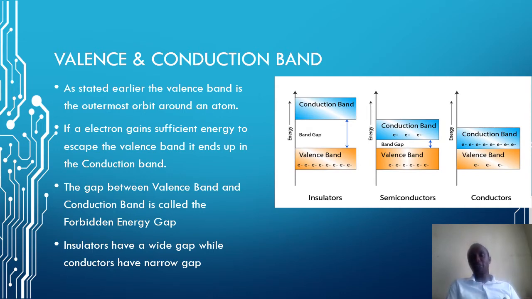You can see the size of the gap. We have the semiconductor, which has a substantially small gap compared to the insulator, but not as small as the one for conductors. And that is why semiconductors can conduct electricity under very, very specific circumstances, because in those special circumstances, the gap